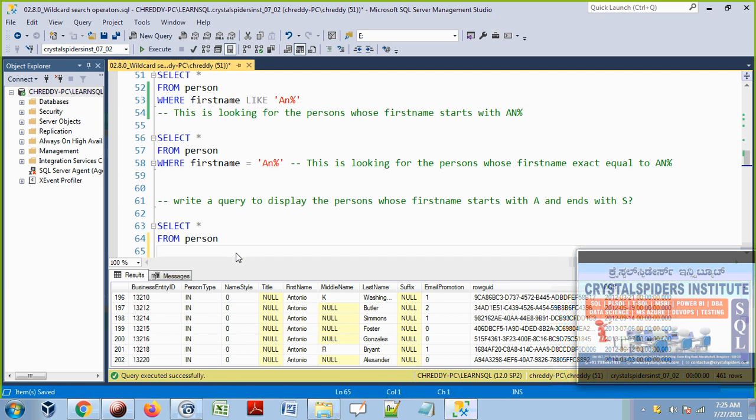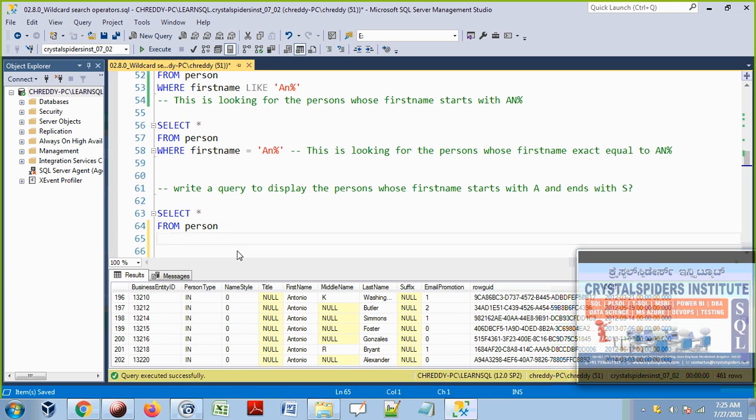So now, guys, the next query: write a query to display the persons whose first name starts with A and ends with S. So where the first name LIKE 'A%S'. In between A and S, there can be any characters, any number of characters; consider them as matching. That's it.